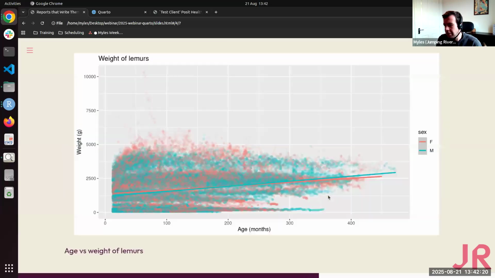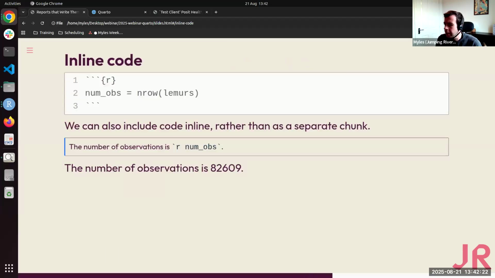And yeah, we've already seen those example plots and tables. Just another thing as well, you can also have inline code. So in the main text, you can have certain stats being outputted to the reader. So if you want, you could have a sentence inside the document which accesses a variable which has been defined within one of the code cells, and then that variable will become visible within the main text of the report.